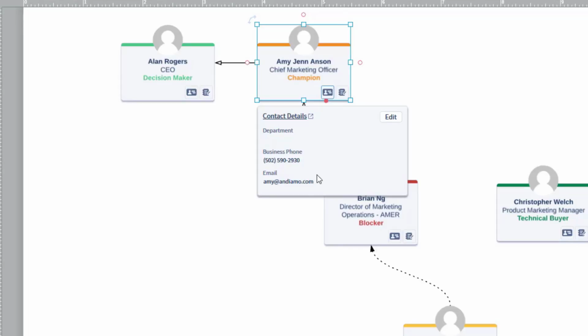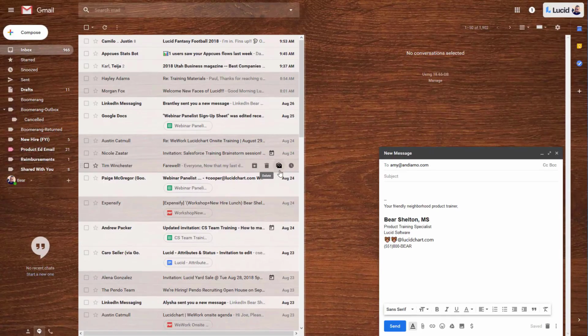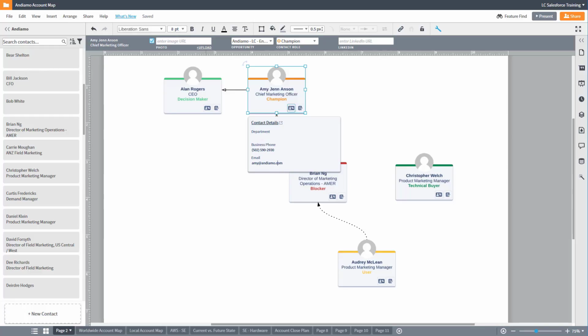Phone numbers and emails can be clicked on to follow the default settings on your computer. Many reps have their default email client or dialer go through helpful sales tools like Outreach or Inside Sales. Clicking on these fields from Lucidchart will follow the same settings you've placed on your machine.